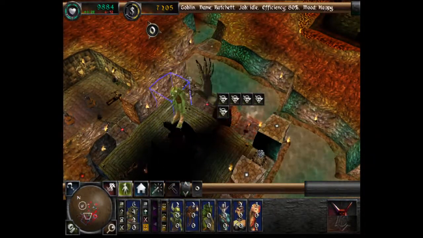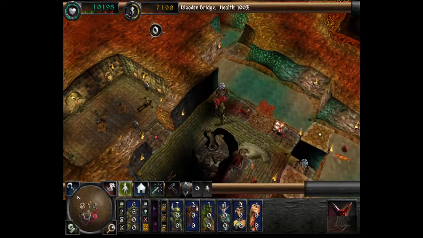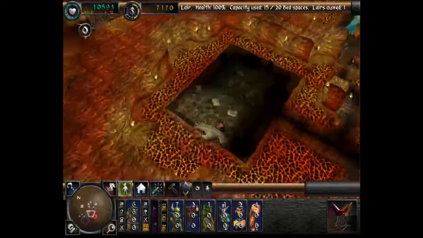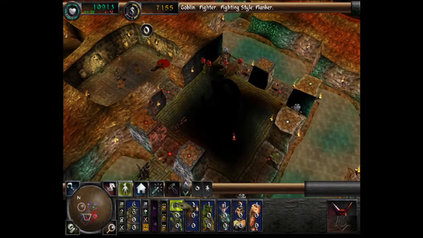I'd like you to keep getting rid of these barricades. A new species of creature has entered your dungeon. Type of creature? Oh, a salamander. Yeah, right, because we didn't get one before. We started with one, so...